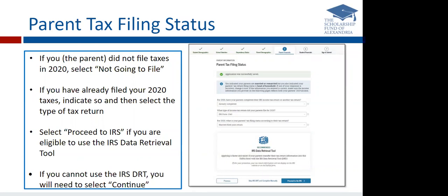Next, you would have to indicate what type of income tax return you completed. Normally, this would be a 1040 unless parents filed out of the country or live in a different country and did a foreign tax return, in which case they can indicate foreign tax return. The third question will ask what their tax filing status was: married, filing jointly, head of household. This can be found on the first page of their 1040 tax return near the top. They would indicate their tax filing status,